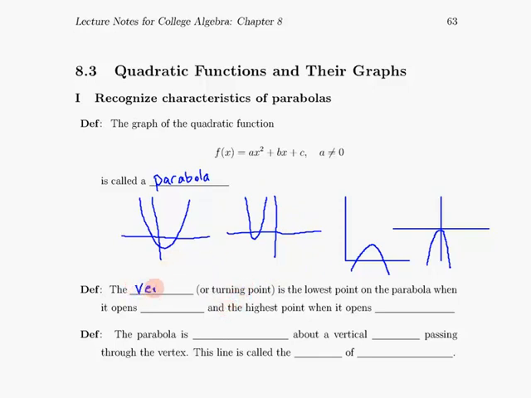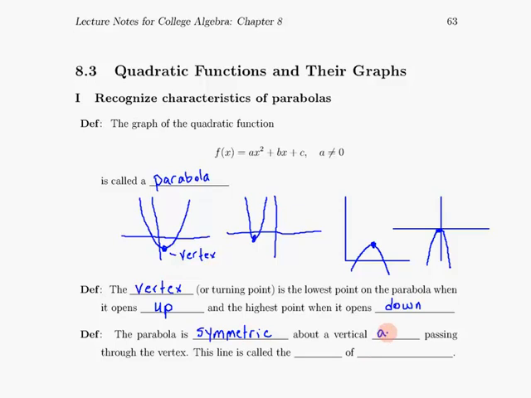The vertex, or turning point, is the lowest point of the parabola when it's an upward parabola, and it's the highest point on the parabola when it's opening downward. So it's the turning point. The vertex is where the parabola changes direction. So that's what we mean in all of those cases. The dots that I have drawn are the vertex. Now, every parabola is symmetric